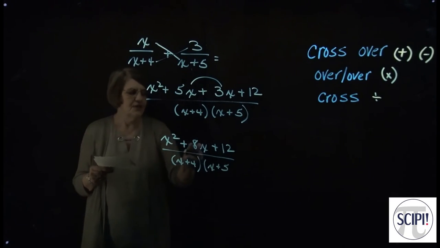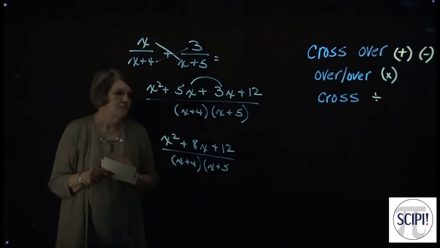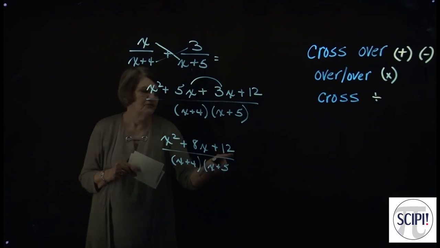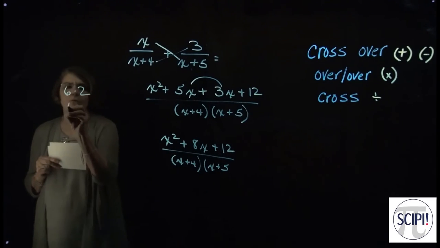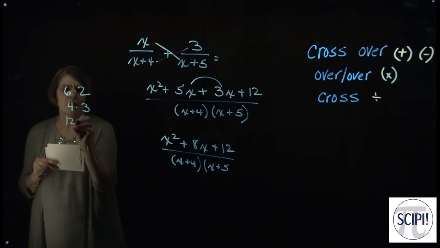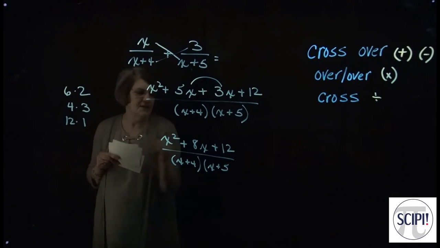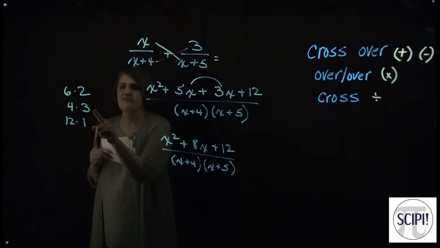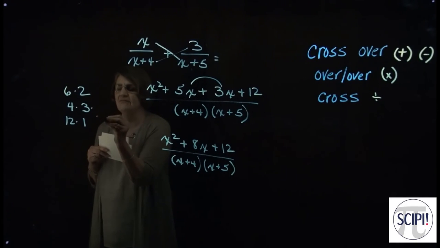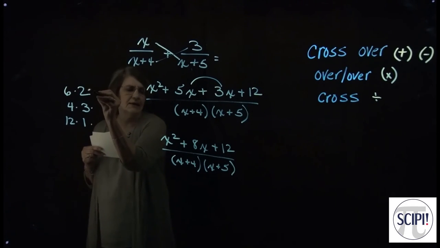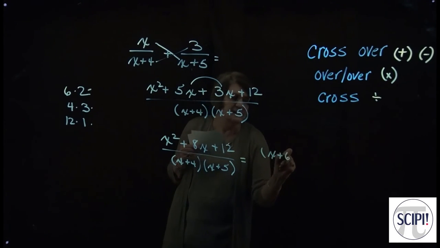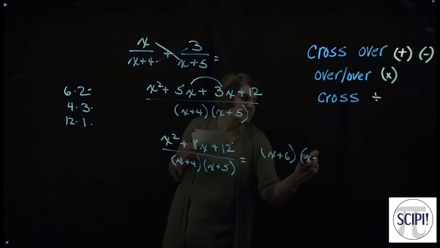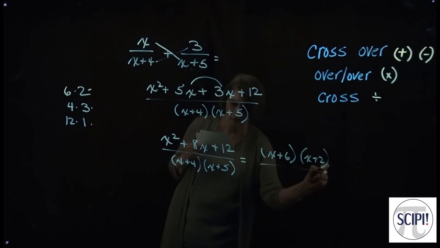All right, can this be simplified? Well, we know the factors of 12 are 6 and 2, 4 and 3, and 12 and 1. Are there any of these factors that would give me 8? That would give me 7 if I added them? That would give me 13? Oh, look, right here. So I end up with x plus 6 times x plus 2